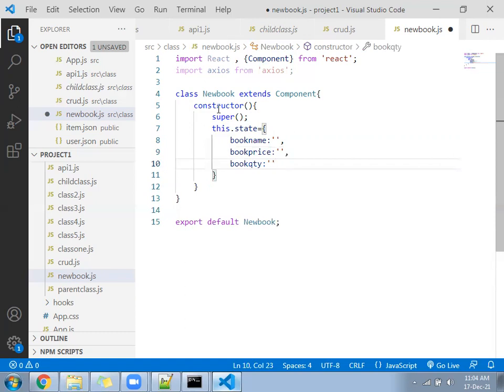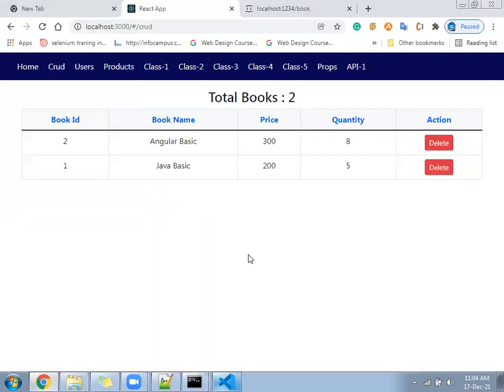These three things we have: name, price, and quantity. ID will come automatically.